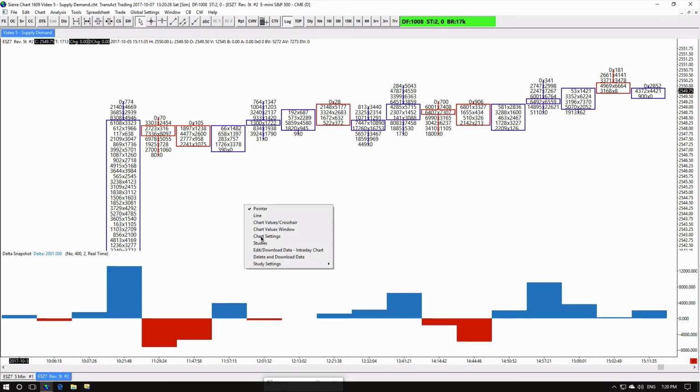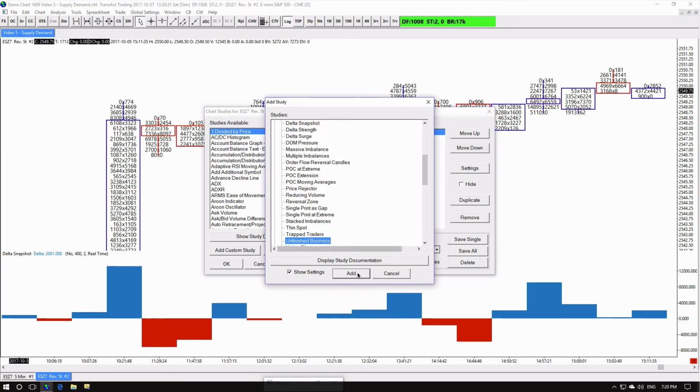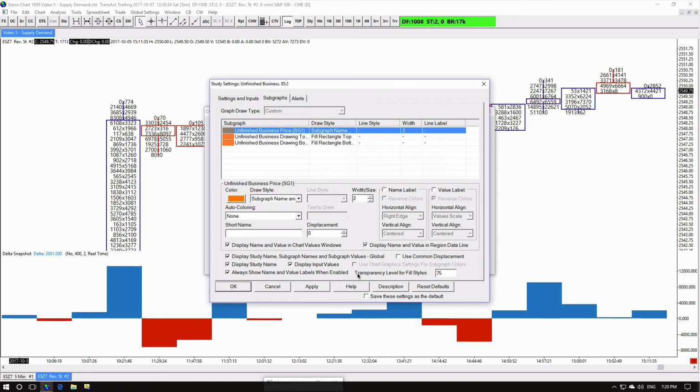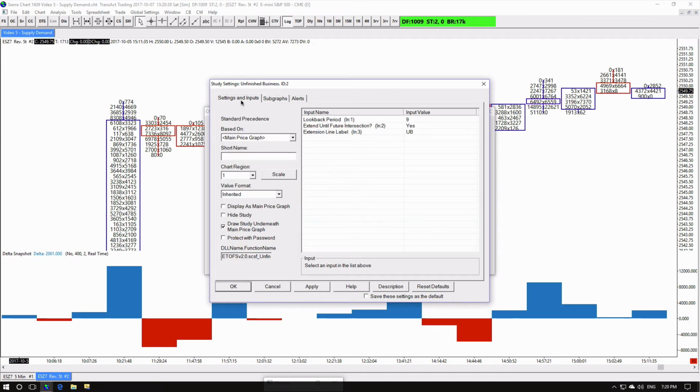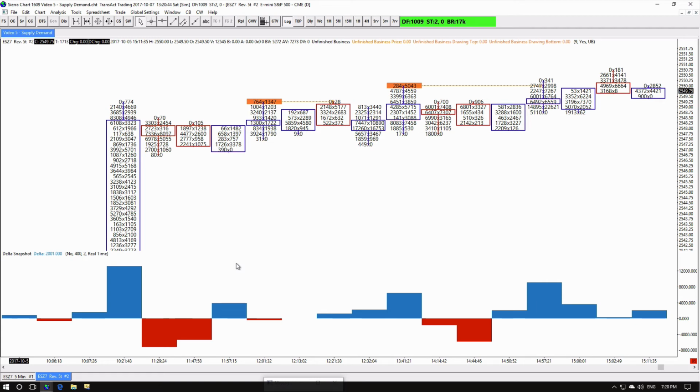The Emoji Unfinished Business Indicator makes it really easy to spot these price levels. When a bar closes, an unfinished business price level is highlighted and can optionally be extended with a forward projection zone and an extension line that will remain in place until price next trades at this level. Other inputs allow filtering of highs and lows over a look-back period, so that we only consider unfinished auctions at prices which are higher than recent highs or lower than recent lows.